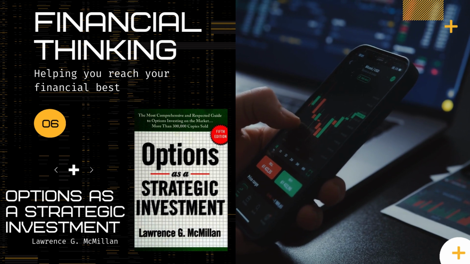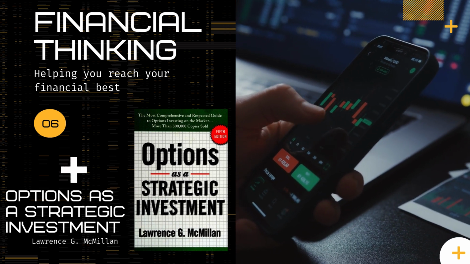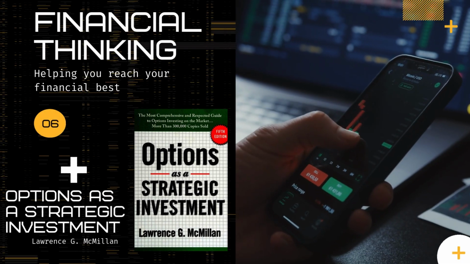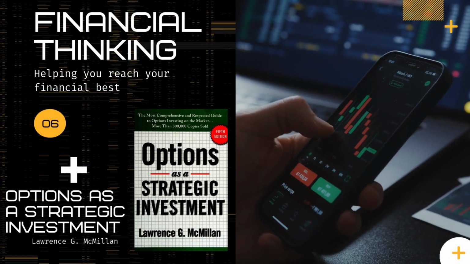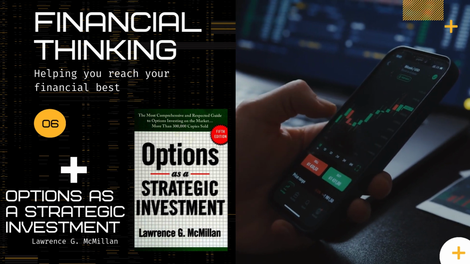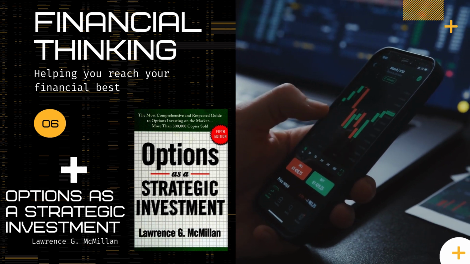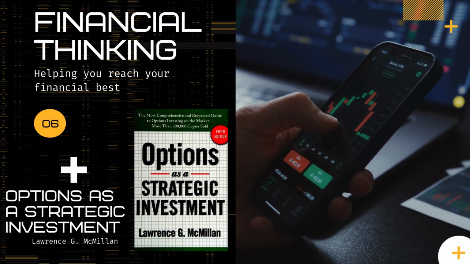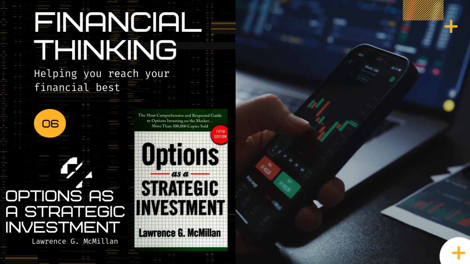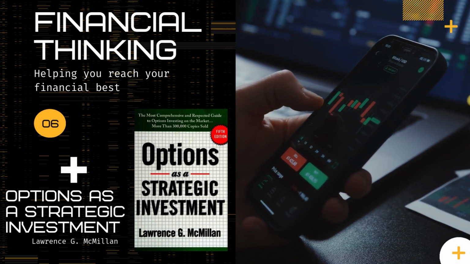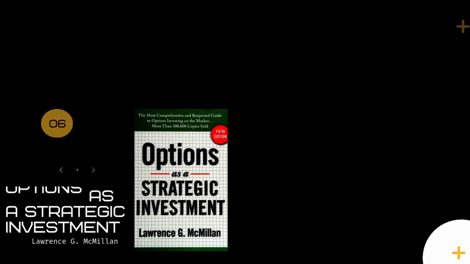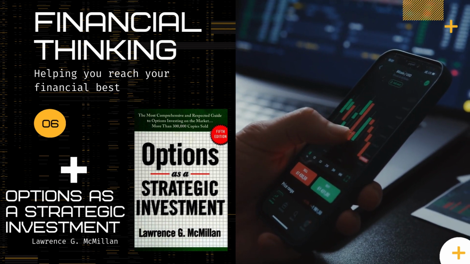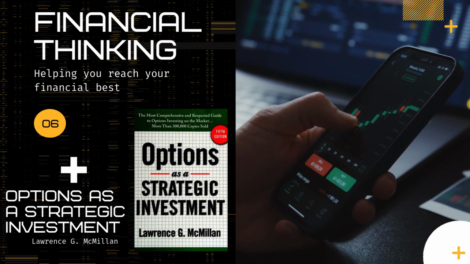What about stock splits? How do stock splits affect my option contracts? Okay, so imagine a company decides to do a 2-for-1 stock split. So for every one share I owned before, now I own two. Yes, exactly. But what happens to your option contracts? Well, they get adjusted accordingly. Let's say you held an option contract for 100 shares before the split. After the split, that same contract would now represent 200 shares. And the strike price would also be adjusted to reflect that split. Usually it would be halved in a 2-for-1 scenario. So even though the numbers change, the overall value of my option contract remains the same.